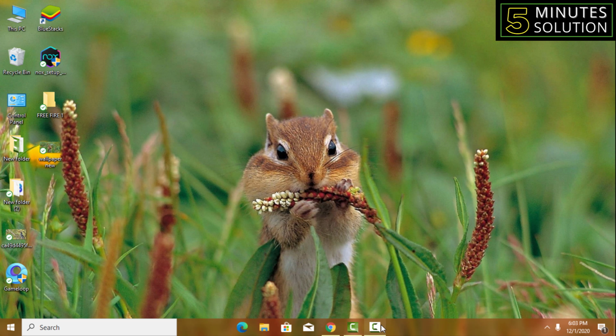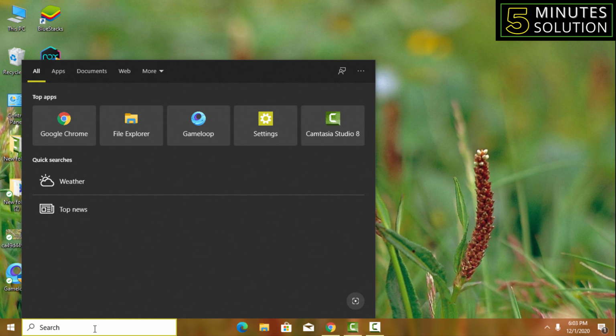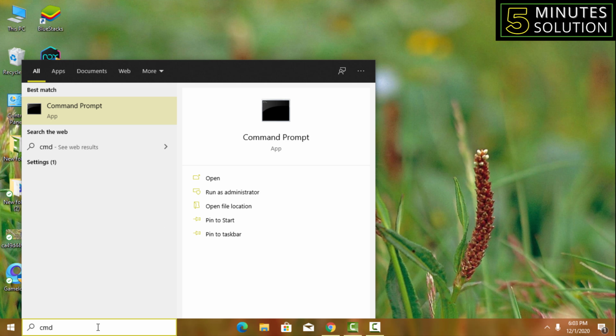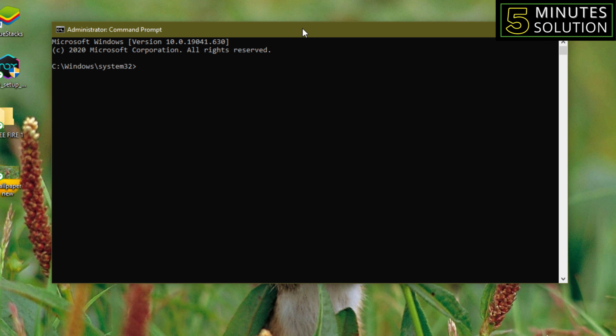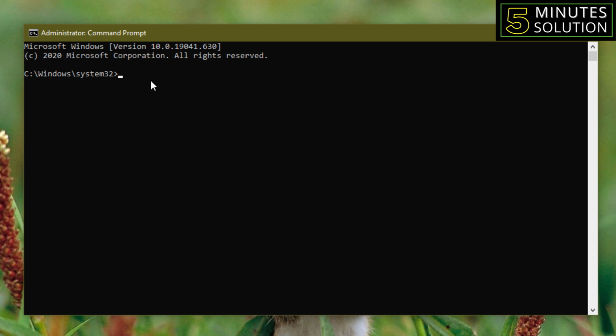Friends, now I'll show you my DNS server, which one I'll change now. For this, you have to go on Windows dialog box, then you have to type here CMD. Then command prompt will appear on the top. Then you have to click on Run as Administrator. After that, user account control will ask you to give the permission, so you have to click on Yes, my friends. Then command prompt will open and you have to type here ipconfig